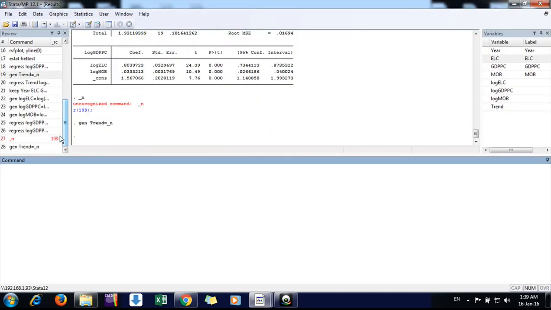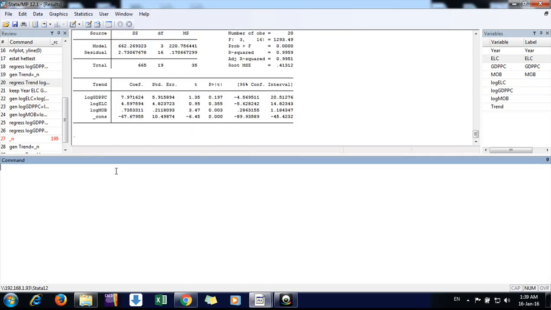Now we would regress it like this. With the regress command, we are simply adding trend to the earlier regression. In the earlier regression we did not have trend, only the constant was there. Now in this regression, we have trend as well. Oh, sorry, I put trend first, so it's becoming the dependent variable. So a simple change is required. Trend is not a dependent variable, it is our independent variable. In this way we can run it.